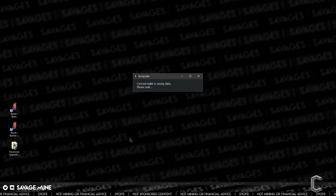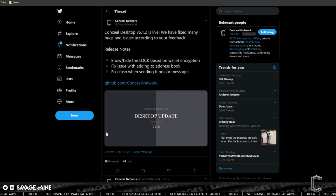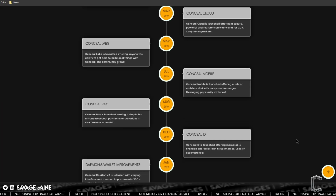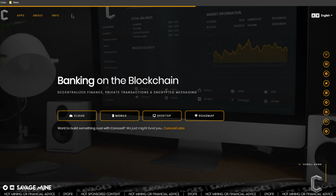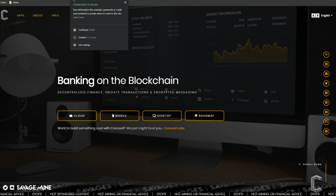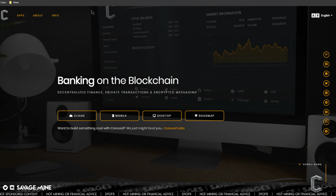And then we'll just head over to their website, which is conceal.network. Somewhere on here. Here it is. So it's conceal.network, and I know you can't see that URL up there, but that is what it is. And there is a lock next to it, so you always want to make sure that you're on the right website, the one that's secure. It should have a valid certificate, and so on. That's just one step to make sure that you don't download a malicious software wallet, because